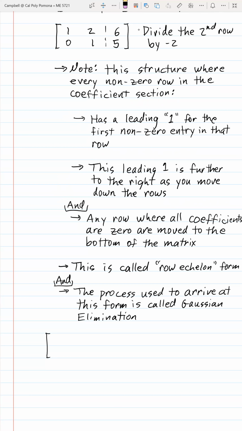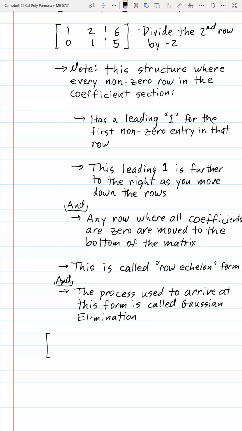So if I do that, going back up to the matrix appearing at the top of the screen, I can see pretty clearly that we have that 2 above our 1 that's appearing in the second row. And so what I can do is multiply the second row by 2 and